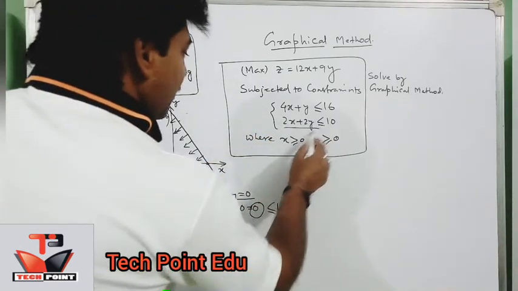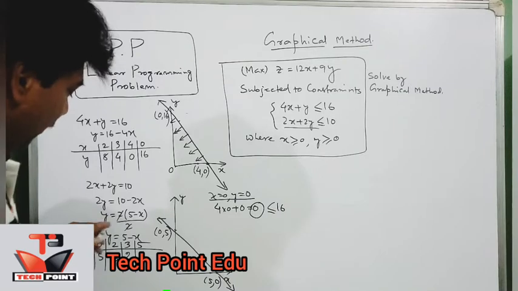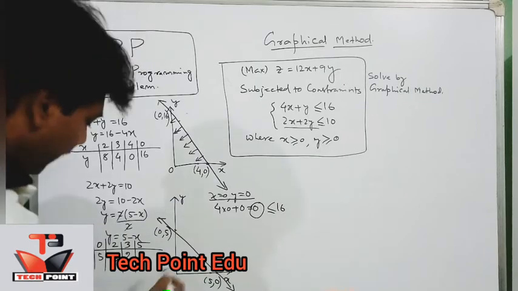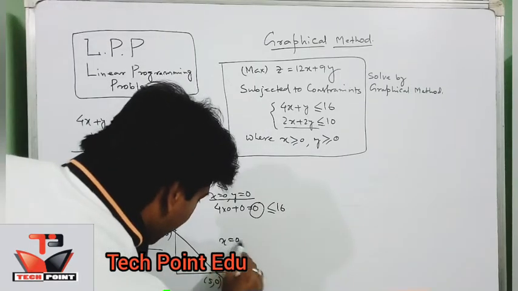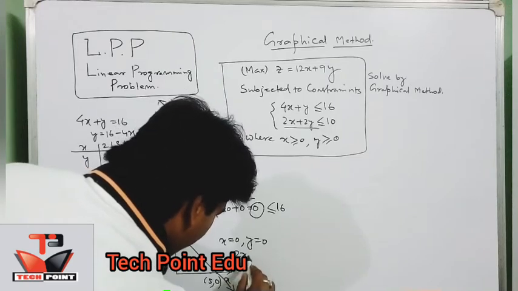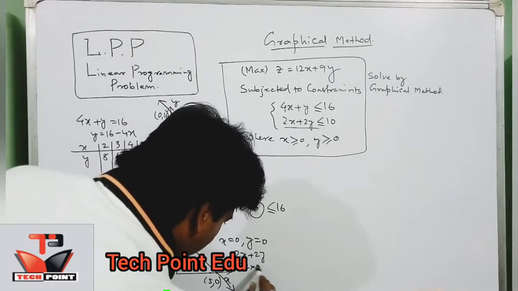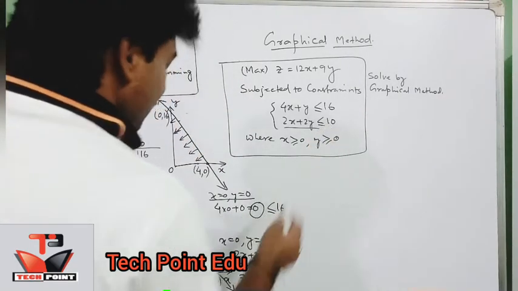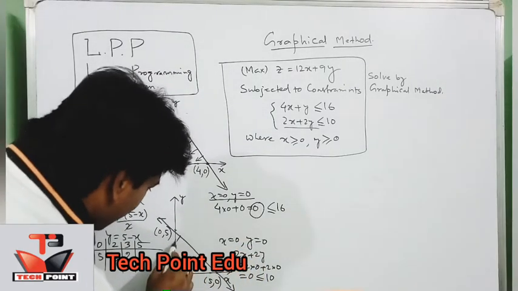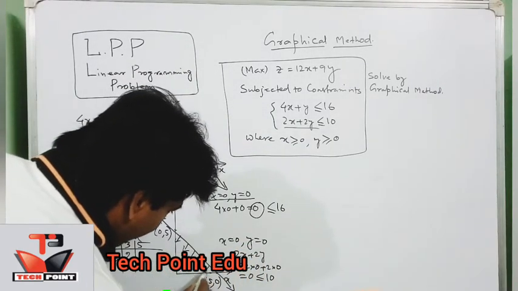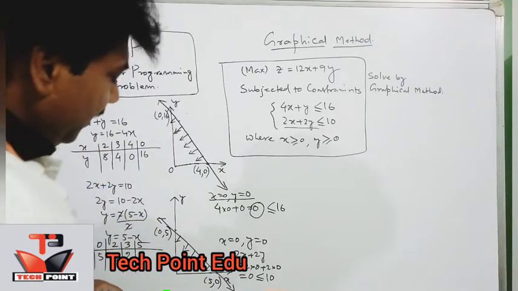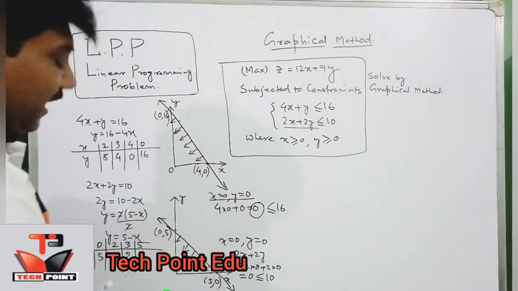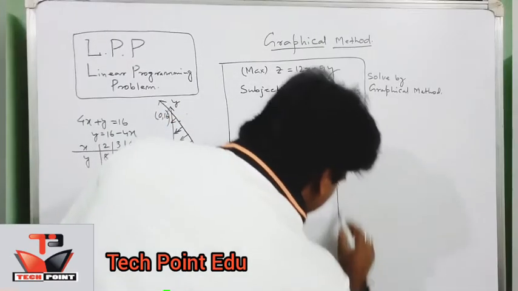Similarly, consider the second equation, 2x plus 2y. Solve it: y is equal to 5 minus x. Find the points and plot them on the graph paper. Here also you have to check in that way. X is equal to 0 and y is equal to 0. Then 2x plus 2y will be 2 into 0 plus 2 into 0, that means it is 0. Then less than or equal to 10. That's why this will also be on your left, this side. The region will be downwards. This one will also be downwards. Now plot these two graphs on a single graph paper, in this way.